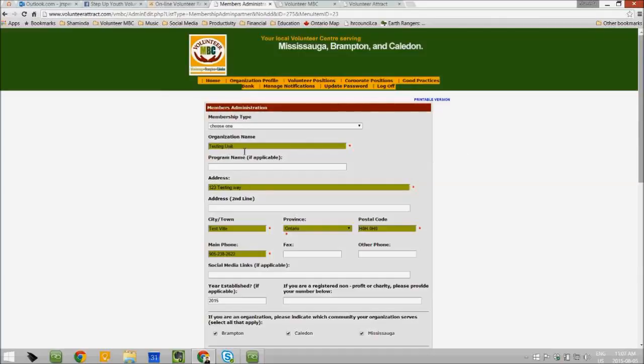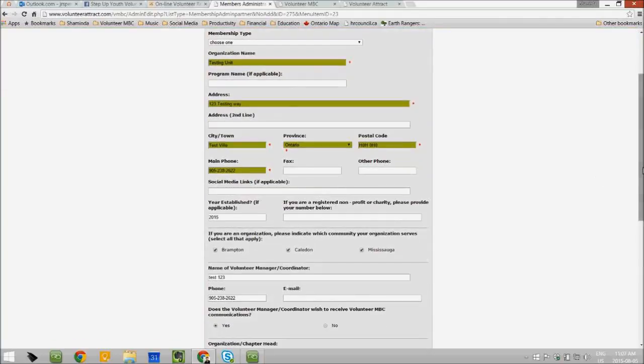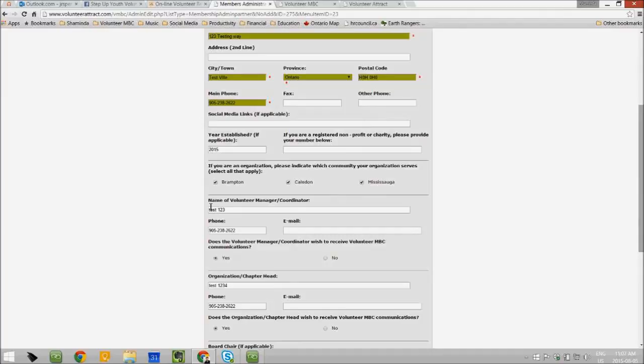And of course, we have mandatory fields, and they're highlighted in green. But a field that I really want to show you is the volunteer manager or coordinator, whatever the position title is. The person who's coordinating your volunteer engagement effort, that individual's contact details, because it is this email address.